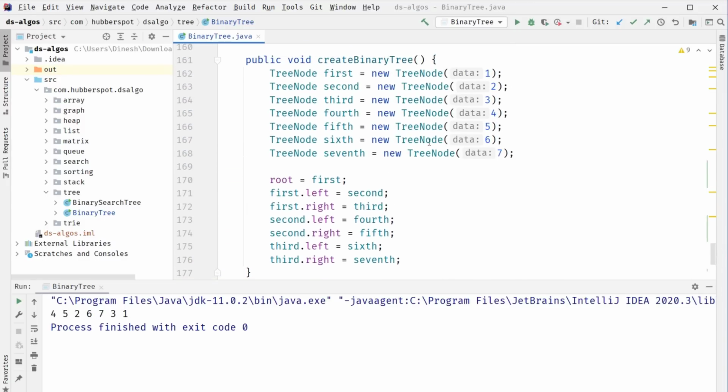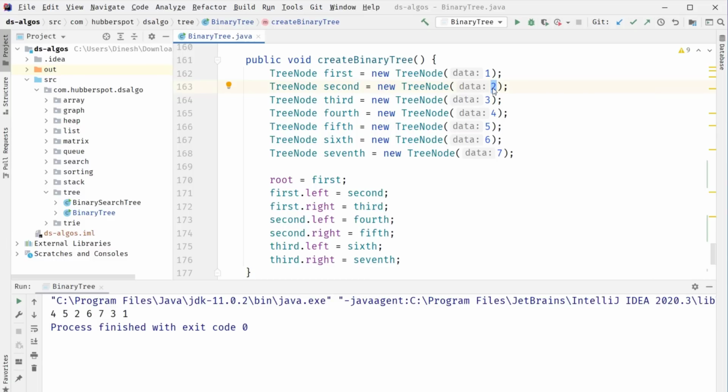In this binary tree, before visiting 1, which was the root, we need to visit 2 and 3. So 2 was at left. When we reach 2, we can't visit 2 directly because 2 also has left and right children, which are 4 and 5. When we reach 4, we found that 4 didn't have any left and right children. So the first thing we visited was 4 because this was the left of 2. And then we visited 5 because 5 was right of 2. And after visiting the left and right children, we visited 2.